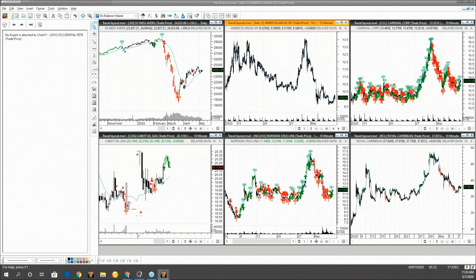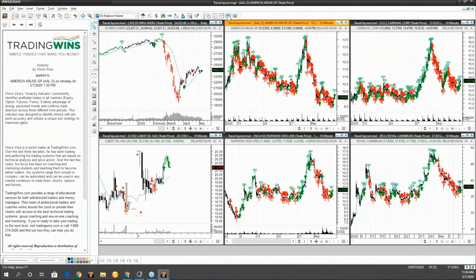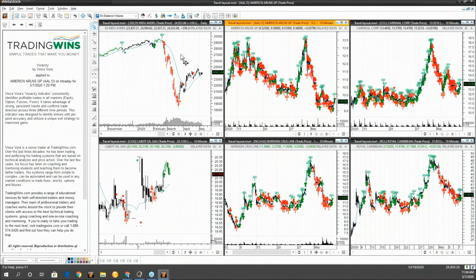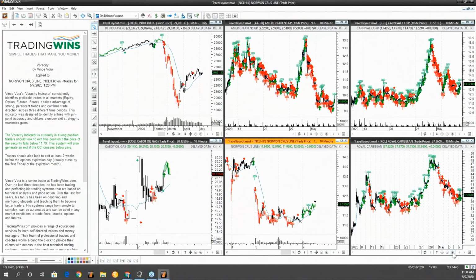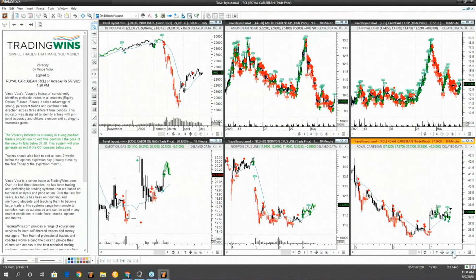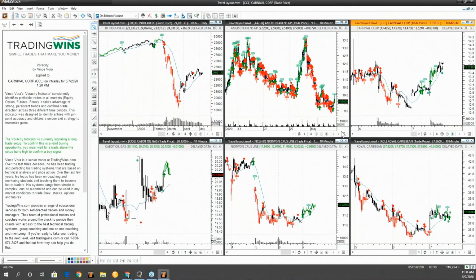And that's the nice thing with MetaStock for those that may be the first time watching our webinars. MetaStock has tons of functionality. You can set up layouts and templates, as you saw when I applied the Voracity. You've got lots of little things that are going to make your trading life a lot easier. I like to show this one because this is the one that I have the most experience with lately. Not to say that I don't know any of the systems inside of MetaStock. I do know the program pretty well.